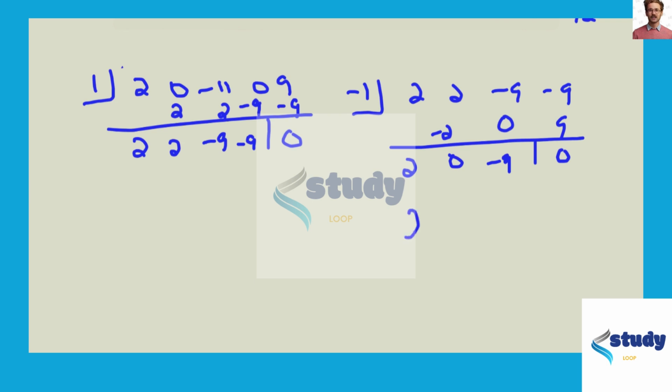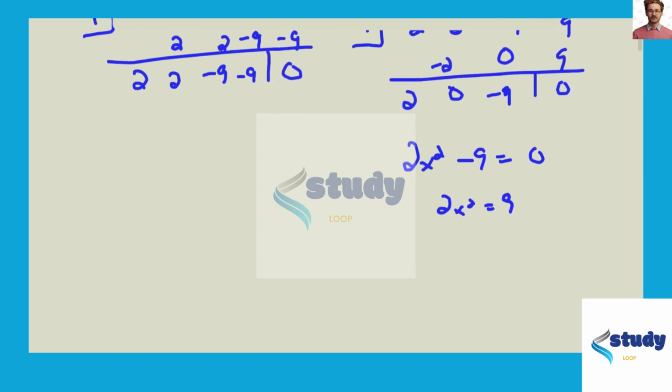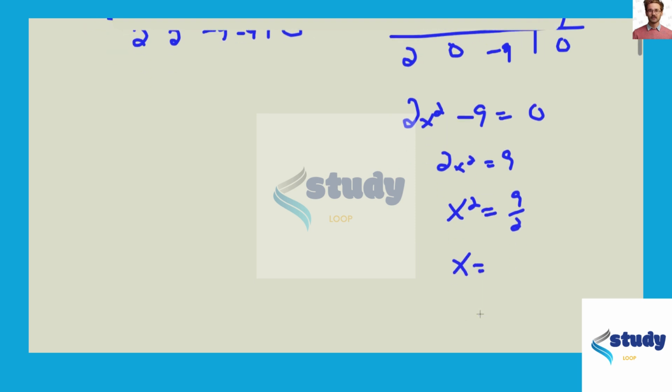And this leaves 2x squared minus 9 equals 0, or 2x squared equals 9, or x squared equals 9 halves, so x would equal positive and negative square root of 9 halves, which is